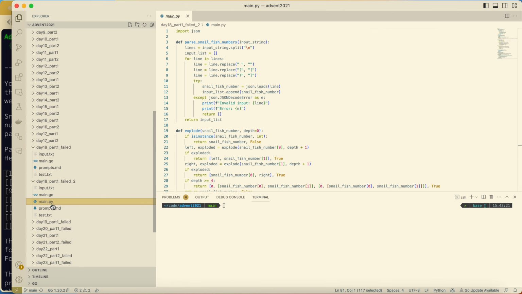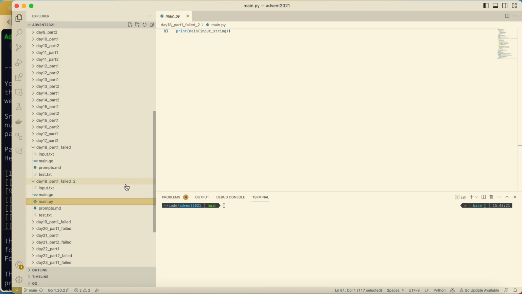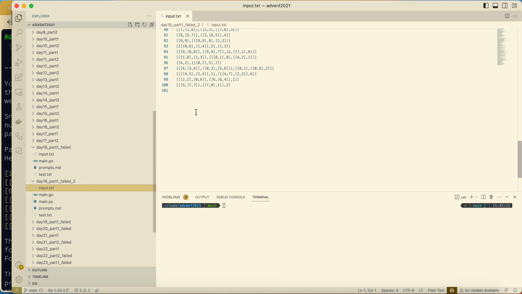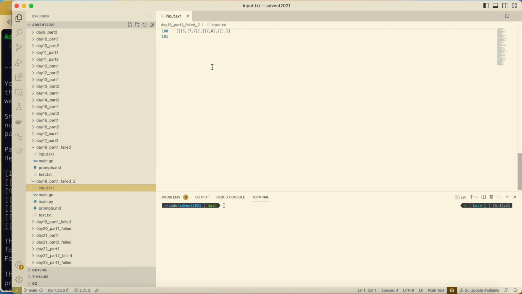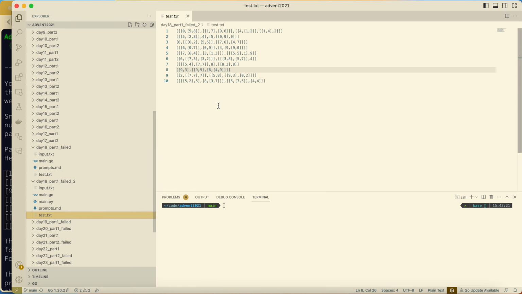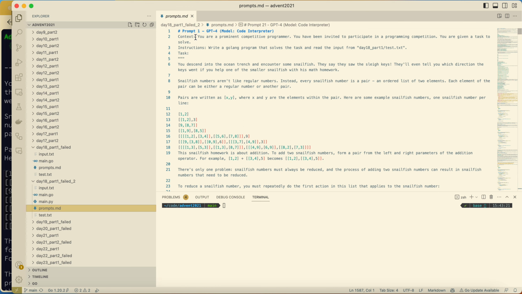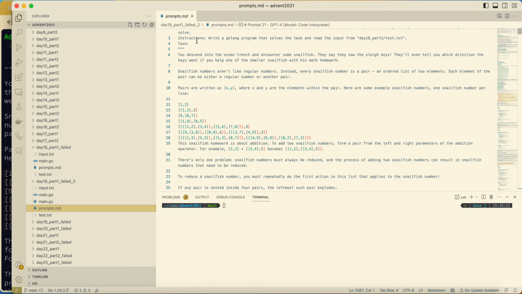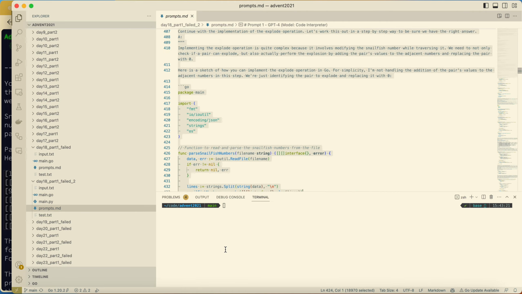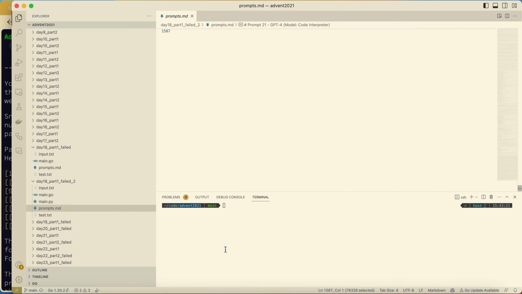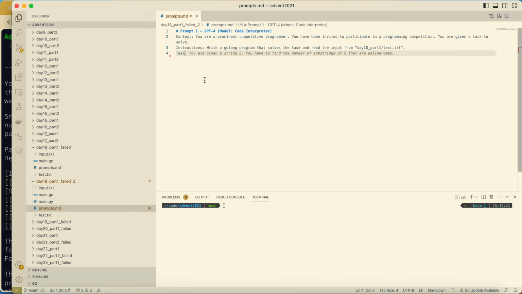For that purpose, I will have my main Python file, which I will be running from the console. I will have one input file, that's actually the input that I have. And also one test file with a sample input that we'll be able to iterate on and give to ChatGPT, wanting to get the correct answer. Also in my prompts markup file, I will continue with the approach from before, but will simply adjust what we've been doing here. Instead of providing the task